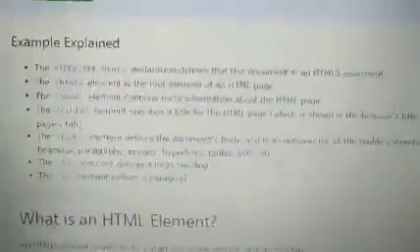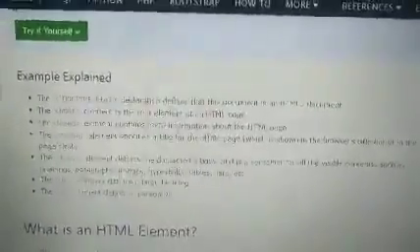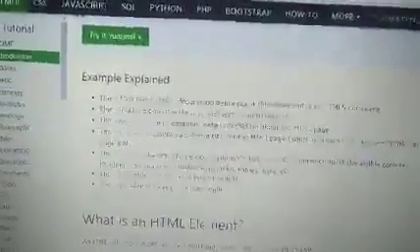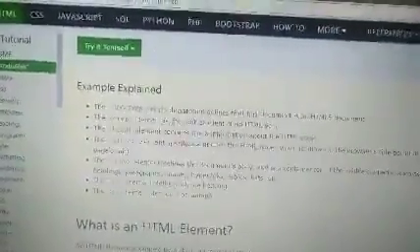Next, the body element defines the body of the document. Whatever you write under the body tag, that only is visible. Next one is the H1 tag. The H1 tag is defined for a heading. Heading and head are both different. Head is for giving the title of the page, which is not visible in the body, but H1 is used to give the heading of any content. P defines the paragraph.